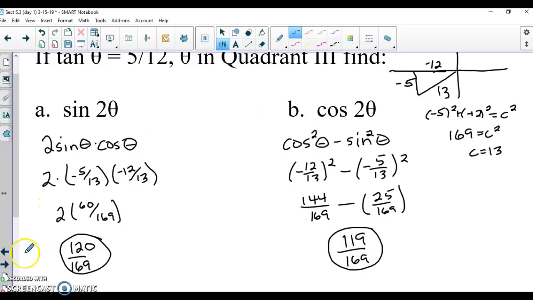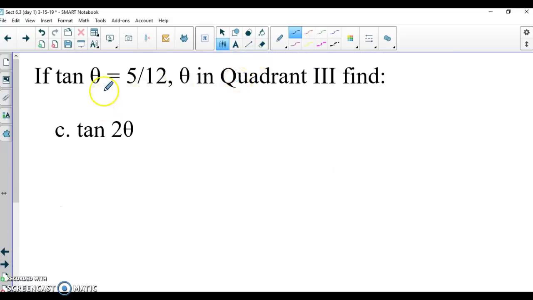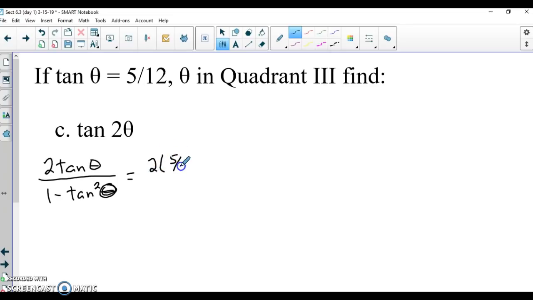All right, now using the same information, let me go to the next slide. Using the same information, tangent of theta equals 5 over 12. Theta's in quadrant 2. We're going to find the tangent of 2 theta. Well, that is 2 tangent of theta, if you look on your identity sheet, over 1 minus tangent squared. Well, the nice thing about this, we already know the tangent of theta. That's 5 over 12. So this becomes 2 times 5 over 12 over 1 minus